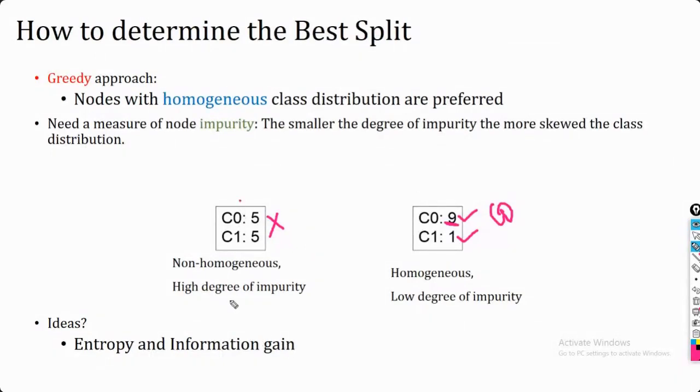If this is the case, it's going to be non-homogeneous, a case of a high degree of impurity. But here in this case, it's going to be low impurity. So the attribute selection measure which we are going to cover is basically based upon this impurity. It's going to define how pure a division I am going to get if I'm using a particular attribute. That we are going to define in terms of an information measure. So this is the complete formula.